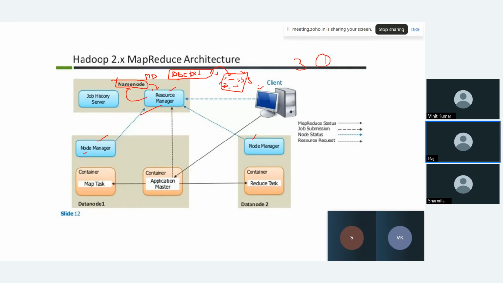Now, within the node manager itself, we have the containers, which actually perform the task. So those tasks are going to be distributed to this application master by the node manager. This application master is one per job. So let's say this was my one job. I have to process this abc.txt file. So one application master is going to be created on any of the node managers, and this application master is